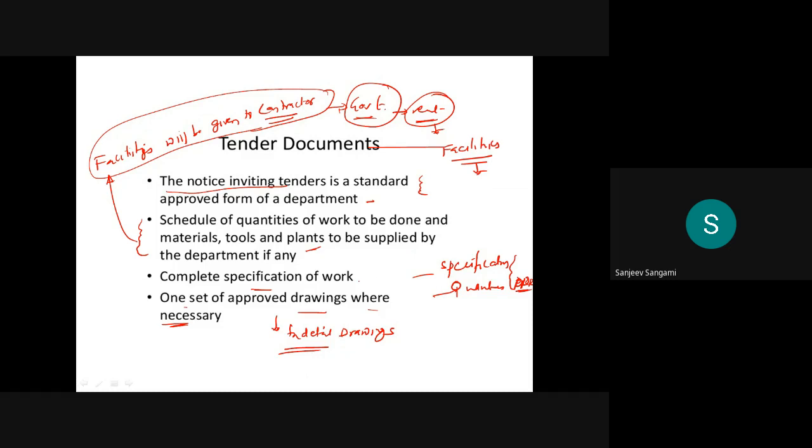Then the complete specification of the work will be given, then the detailed drawings for the execution of the work will be provided. Overall, one copy of the DPR will be provided. One copy of DPR will be provided, remember.